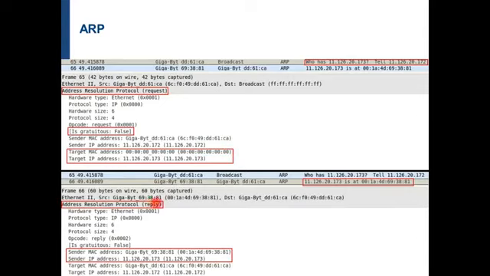In the reply, which is below here, the sender MAC is 173, this host, and it puts its own MAC in the sender MAC address. And the target is the original requester, the MAC from here and IP from here. So this is an ARP reply. Based on this kind of packets, you create the ARP table. You can see here that you have the Ethernet header and then directly the ARP information.